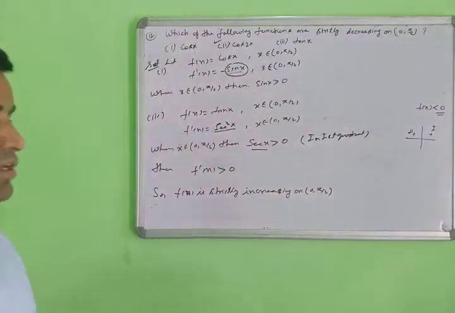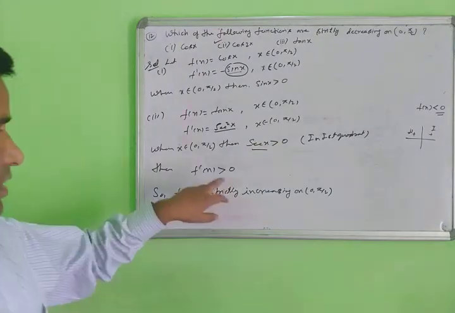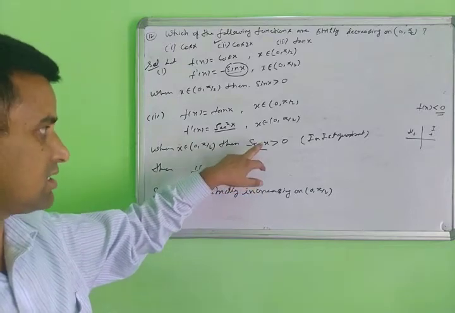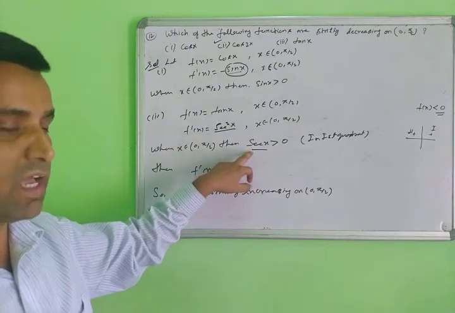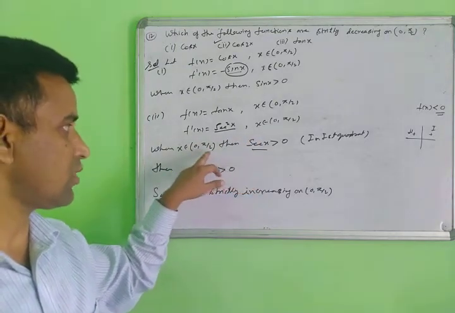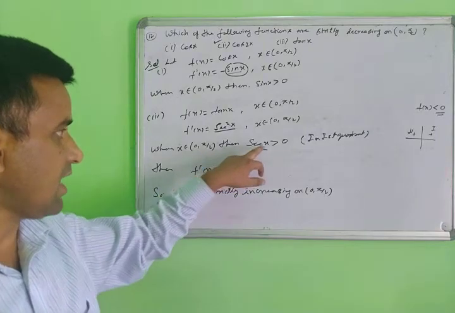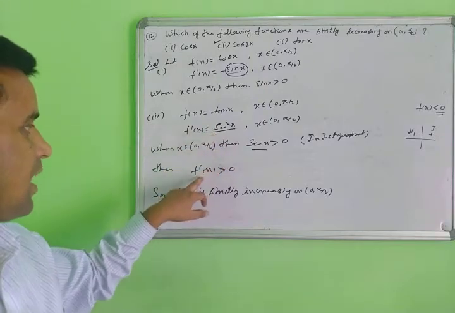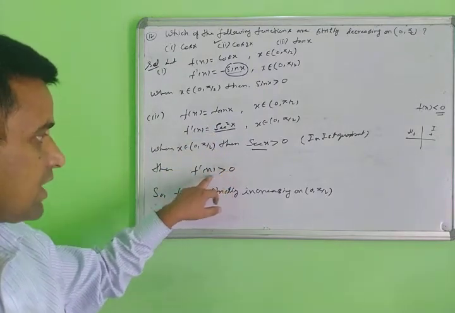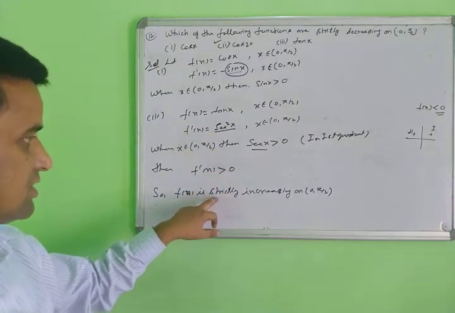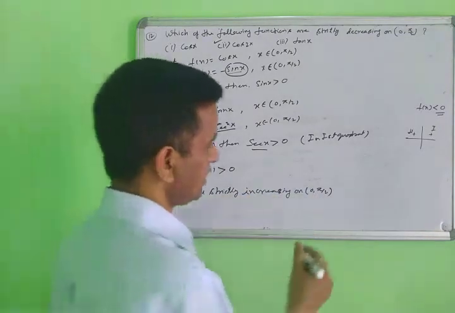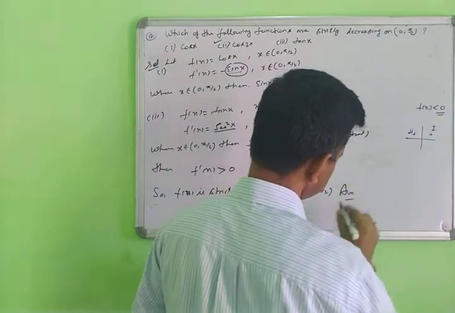So listen very carefully. What value comes in the first, second, third quadrant? This comes in the first quadrant, and every trigonometric ratio in the first quadrant is positive. Sec x is greater than 0, here no negative sign, so f dash is also greater than 0. And when it is greater than 0, f is strictly increasing on 0 to pi by 2. So this is a very important third answer.